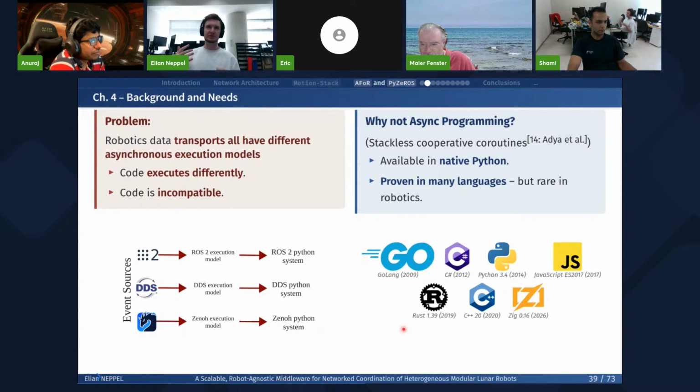And with this, we could use the asynchronous executor that is part of the programming language and not be tied to the transport layer that we are using. And this way we could have much wider compatibility between robots and softwares.